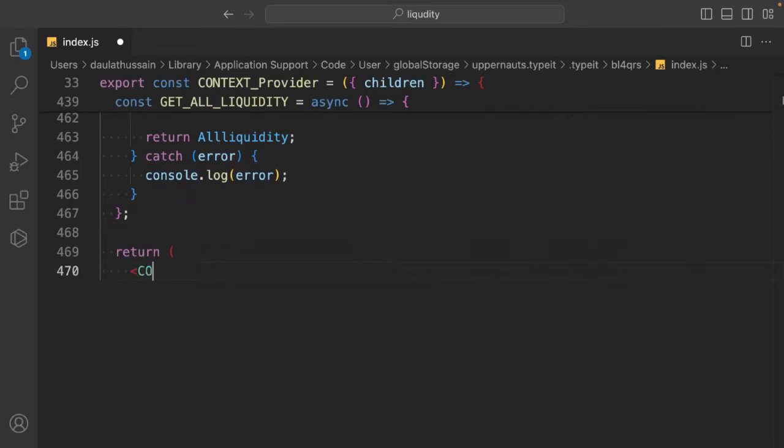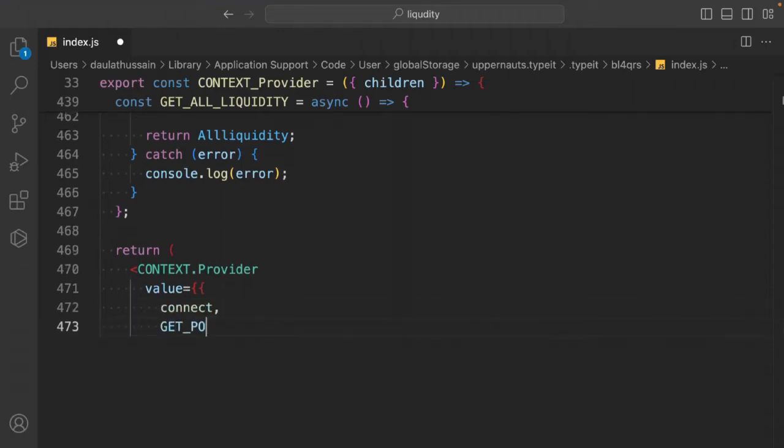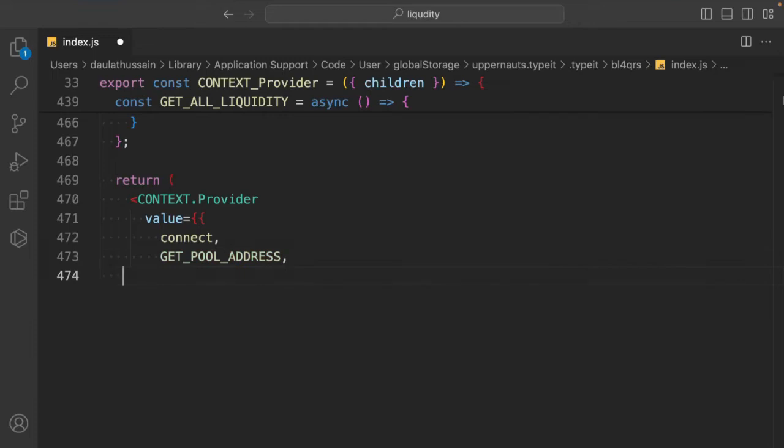So let's call this context provider. In that we have to pass the value, and it's going to be an object type, and we have to build and pass down all the functions and variables we have created. So let's start with the functions. We'll pass this connect, then we'll pass this get pool address, then we'll pass load token, notify error, notify success,